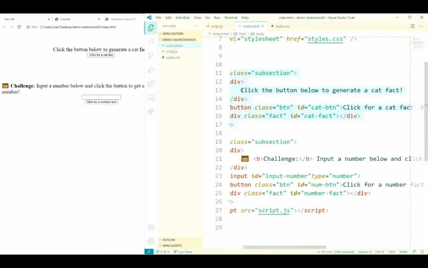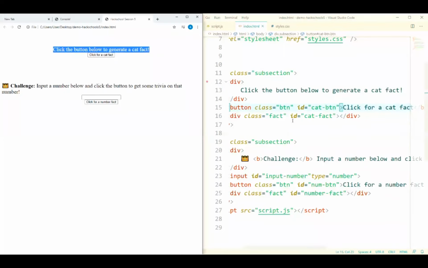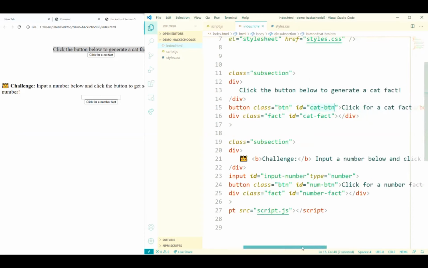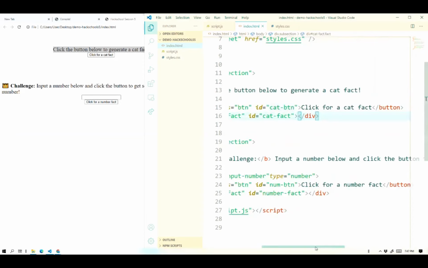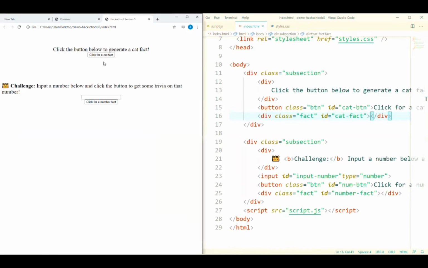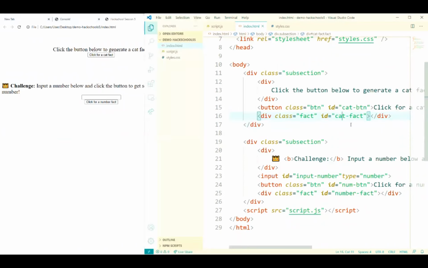It has another div tag with the text "click the button below to generate a cat fact," which corresponds to this paragraph. And then it has a button with the ID cat button, and the text "click for a cat fact." Then it has another div under this, but this div contains nothing. You see this little empty space under the button, that's our div. It's an empty div, and it has the ID cat fact.